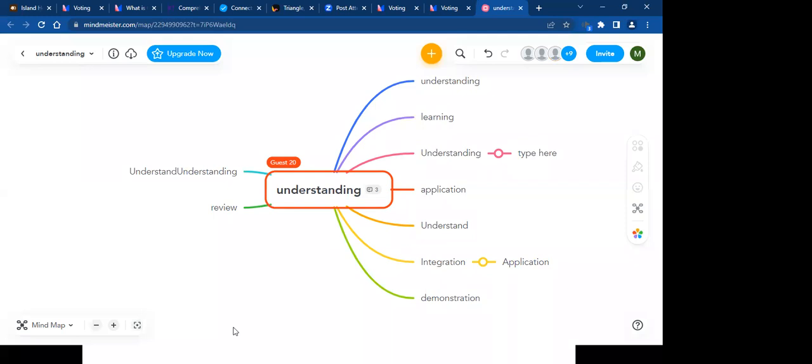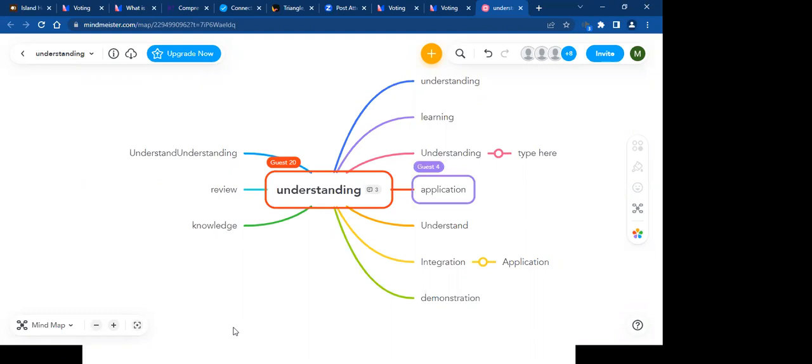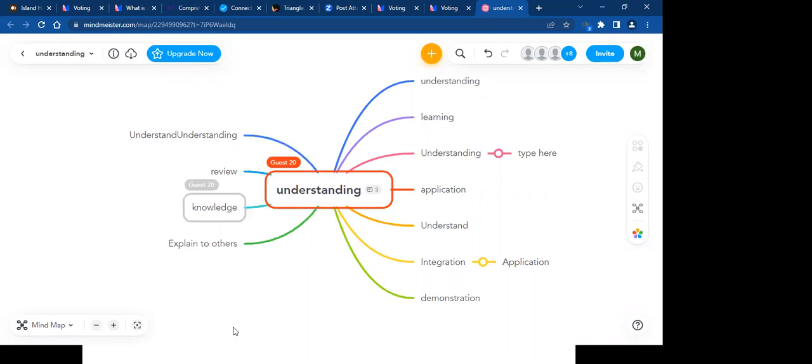So what themes are you noticing? You're probably noticing some themes here. The word understanding keeps coming to mind. And that's what came to mind in the first activity. But I'm starting to see new terms and words evolve. Review came about in the last activity with the idea of rehearsal. Application. So it's looking like there's more to this comprehension than just understanding and knowledge. We're now looking at reviewing information, application, also that demonstration. We're looking at integration,